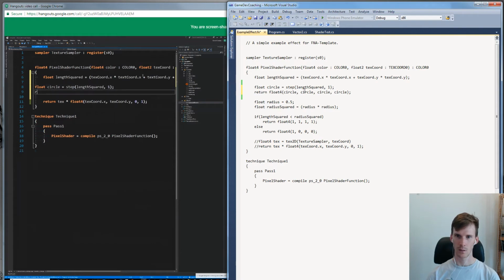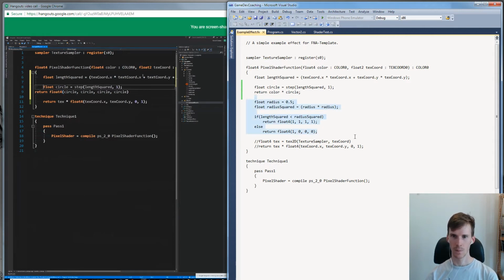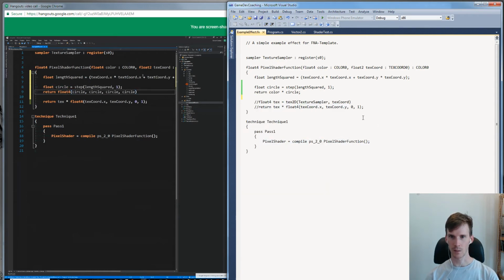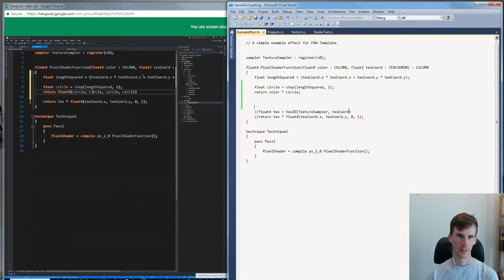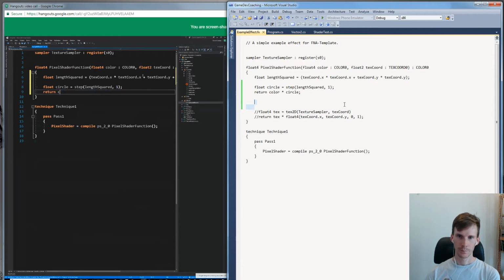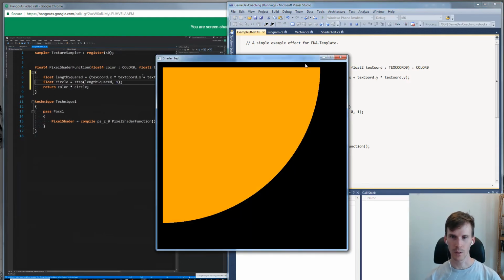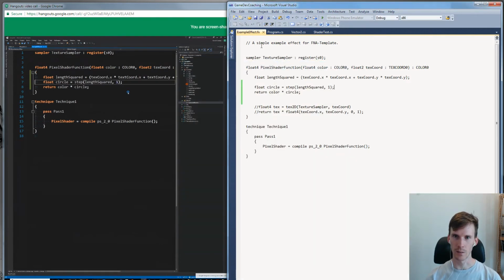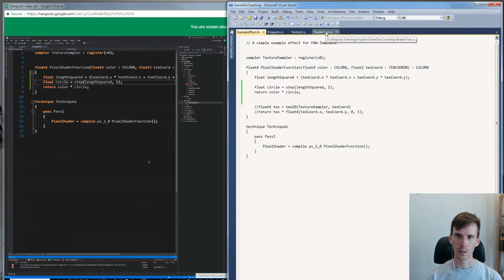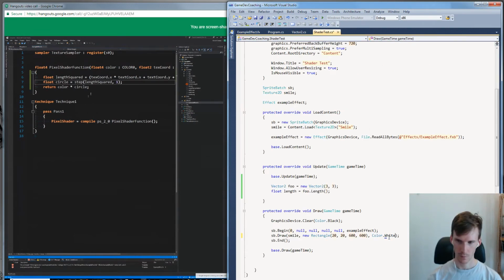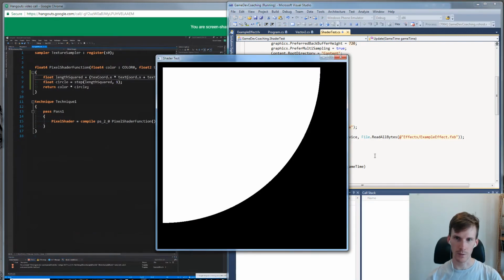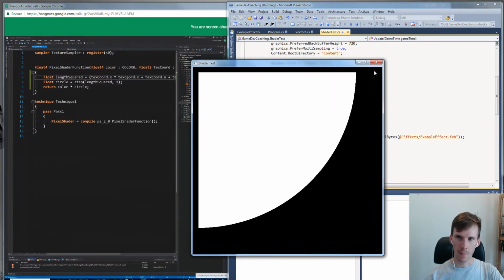So you can see what I'm doing here is I'm using the step function to get a value from 0 to 1 based on what the circle is. And I've just changed my mind from expanding that out and just returning it, to actually using the color that gets passed in, because if you can color your circle when you draw it, why not? We're going to need that functionality later. So you'll notice, if you noticed before, we're passing orange into the shader, that's why that circle's coming out orange. So I'm going to go back here and just change that to white for now, so that we can see exactly what's going on in our pixel shader. So here's the white quarter circle.